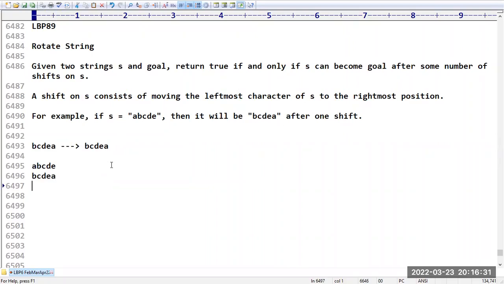B, C, D, E, A is one rotation. C, D, E, A, B is another rotation. D, E, A, B, C is another rotation. E, A, B, C, D is nothing but another rotation. Like this we have. Sir, how easily we can solve this problem is, whatever string they have given,